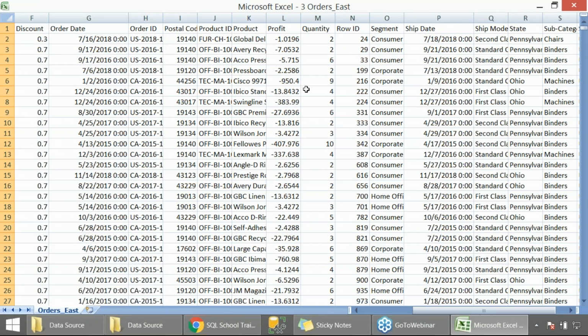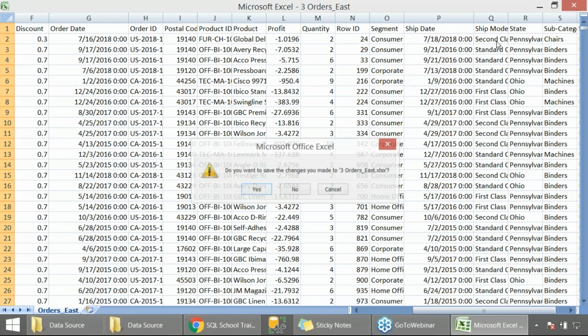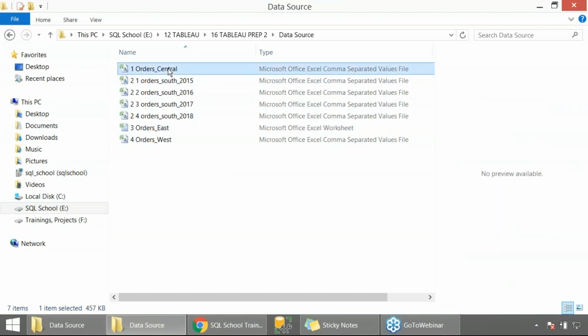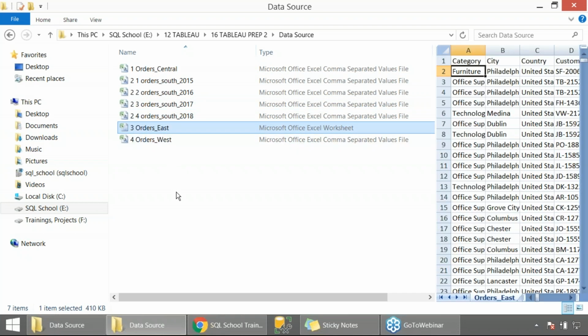So we need to make sure we add a new column to denote the region, so that all rows from the first file go to central region, and all these rows would come under south region, and accordingly the east region.